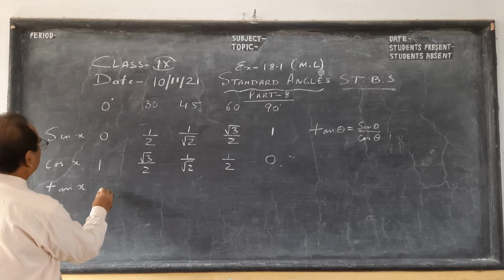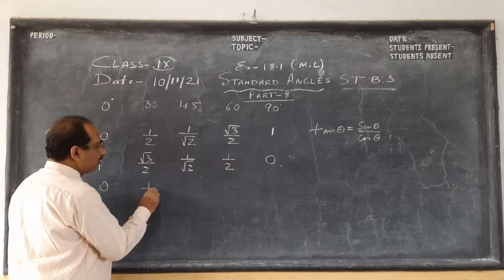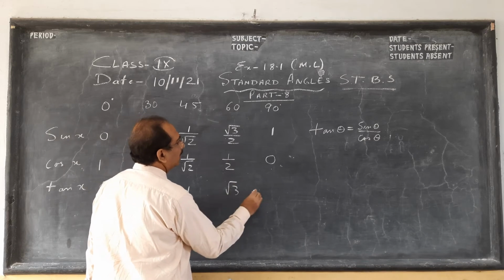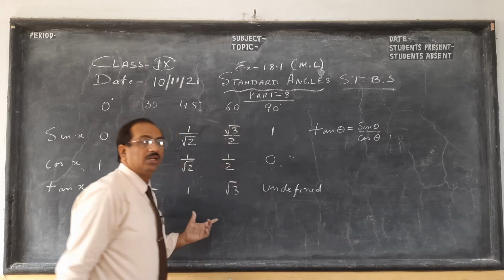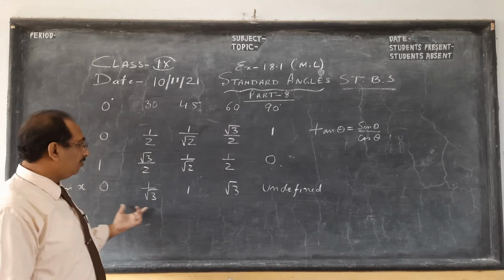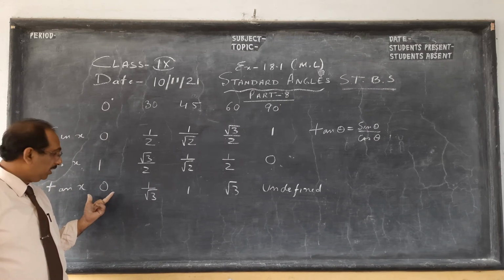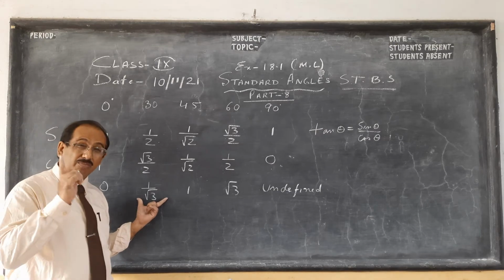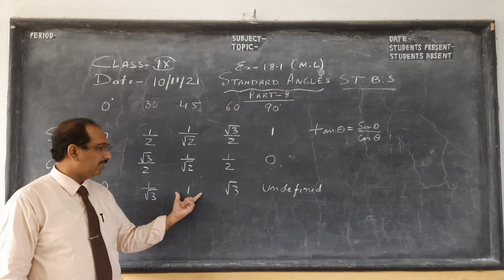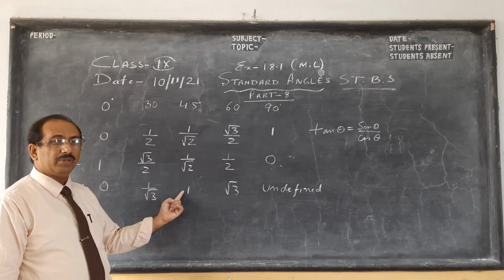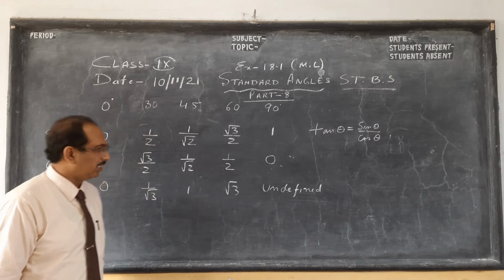So see here, you remember tan 0 is 0, tan 30 is 1 by root 3, because this is very important, children. In class 10 we have a chapter called height and distance, where we use tan mostly, and sine and cos come rarely. So remember tan: tan 0 is 0, tan 30 is 1 by root 3, tan 45 is 1, because for 45 degrees we get an isosceles right angle triangle where base and perpendicular are equal, and tan 60 is root 3.